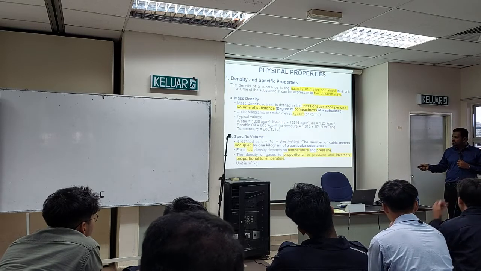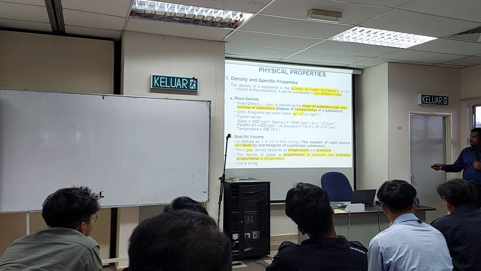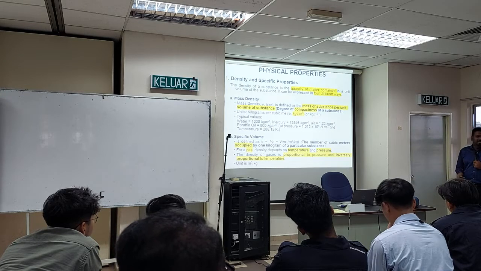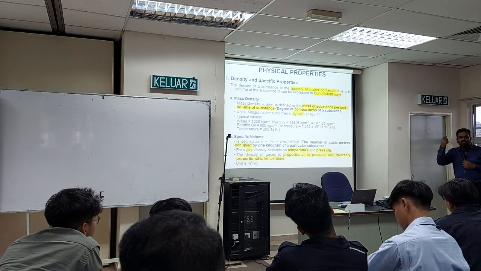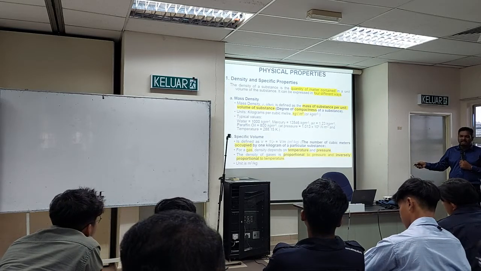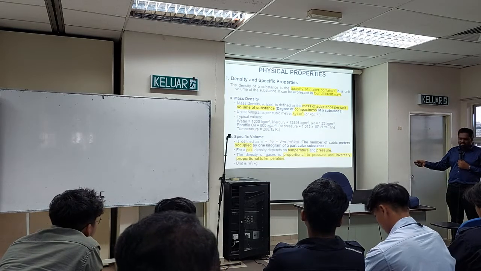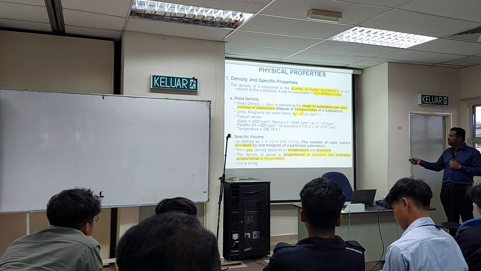Okay, so typical values for some of the important substances. Water, we will usually use this one. The mass density of water is 1000 kg per meter cube. Mercury and all the other substances, we will give. Usually water and also air, you need to know by memory. So water is 1000 kg per meter cube, easy to remember. And air is 1.23